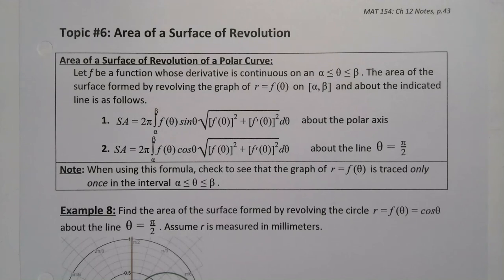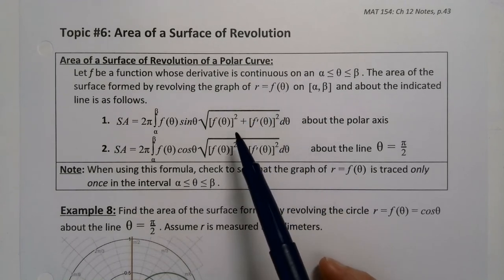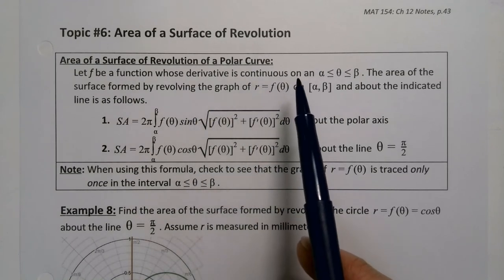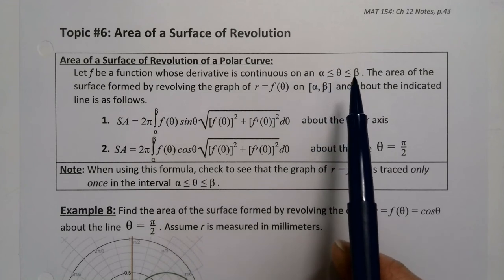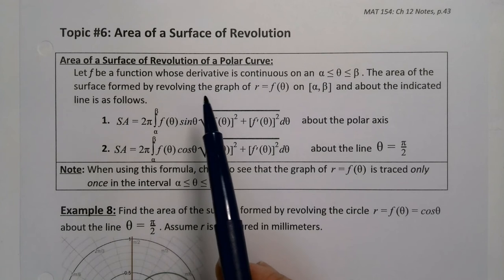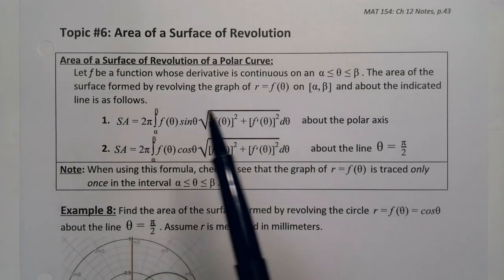So we want to continue our applications of integration, but we want to expand it to polar equations. So we're going to add in the area of a surface of revolution. If we have the area of a surface of revolution of a polar curve, it's defined two ways. You have your function f continuous on alpha to beta for theta, so theta is between alpha and beta. The area of the surface formed by revolving that graph on that region and about the indicated line is